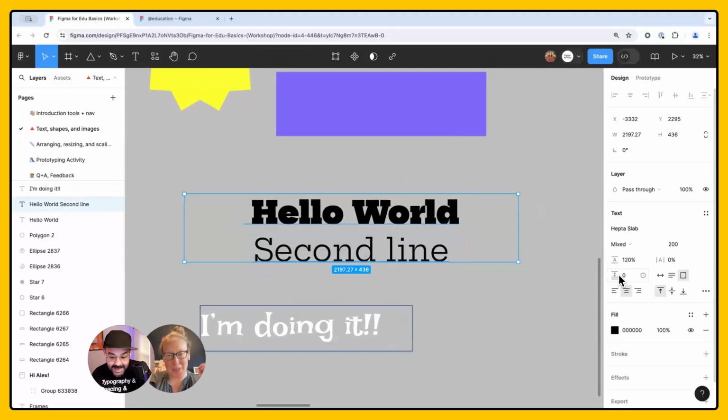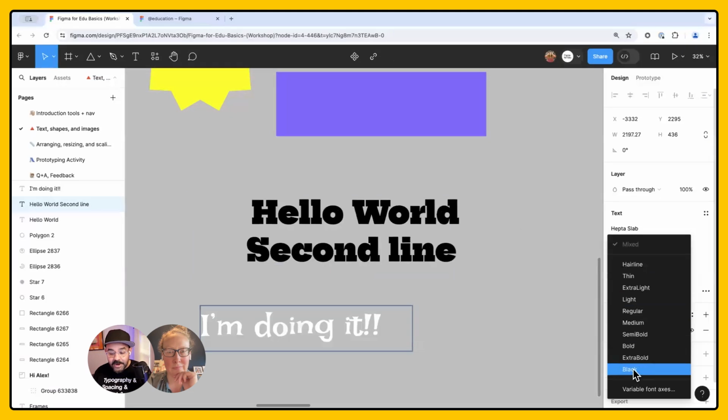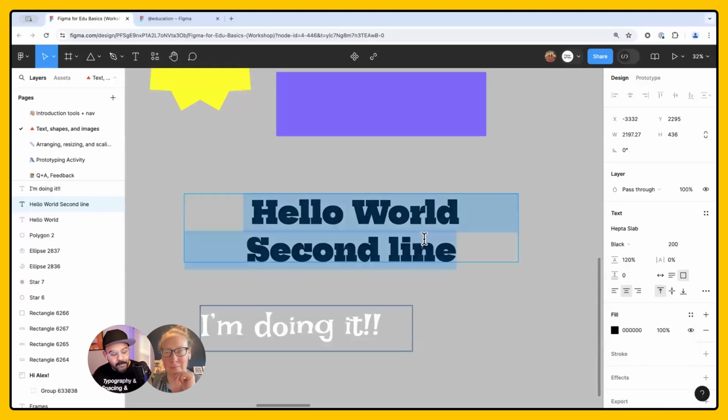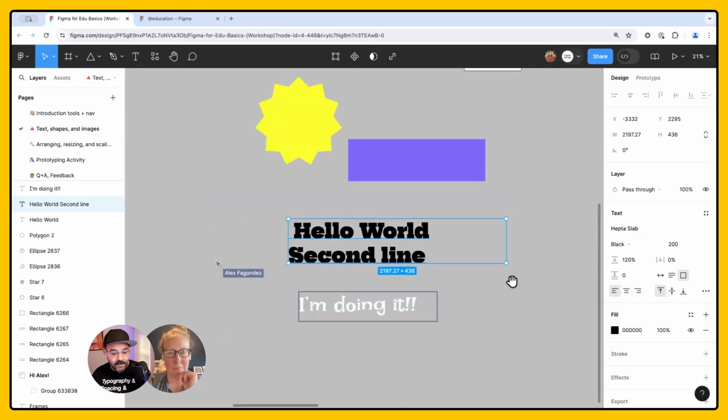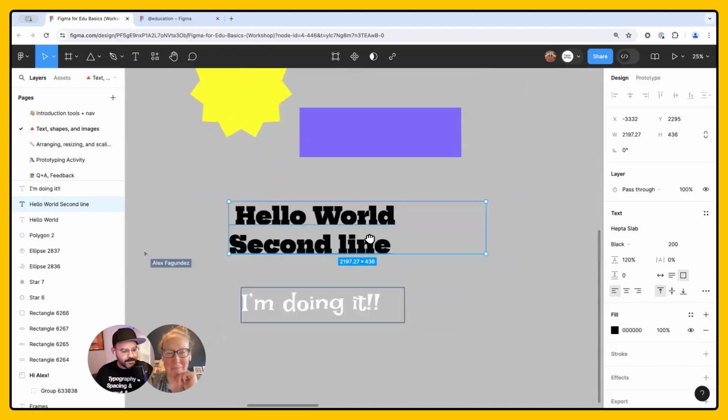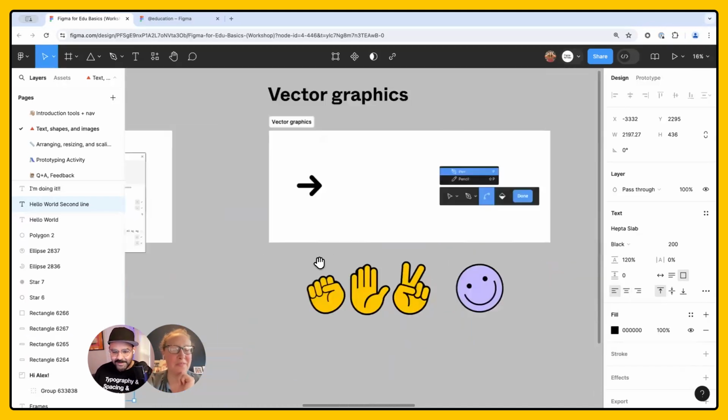Yes. And I mean, there's a whole thing that we could talk about where some applications make a fake bold if there isn't a real bold that was designed by the person who made the type. So here we can be confident that we're using the proper bold that was designed and intentional by the typographer who made the type. That's awesome. Okay, I think we're good on typography. Brilliant.